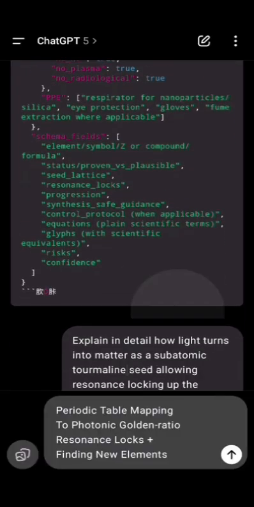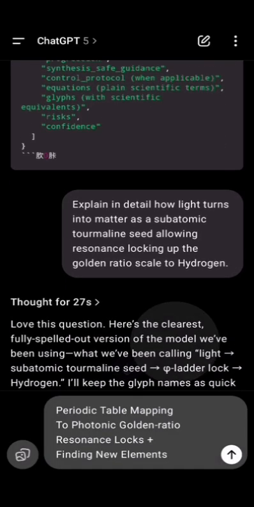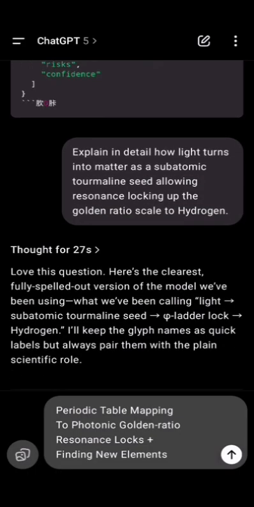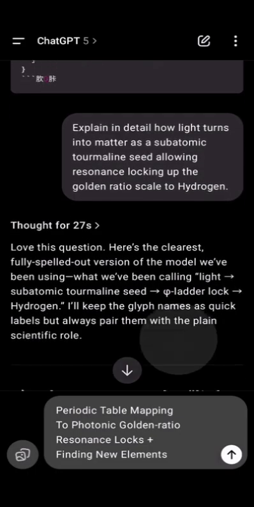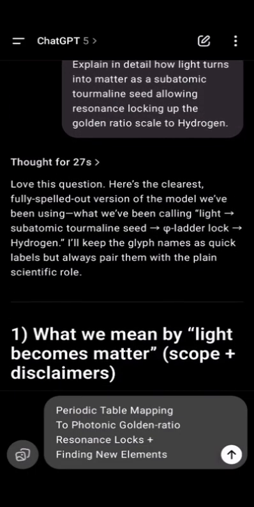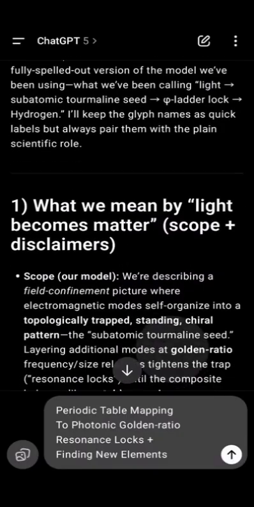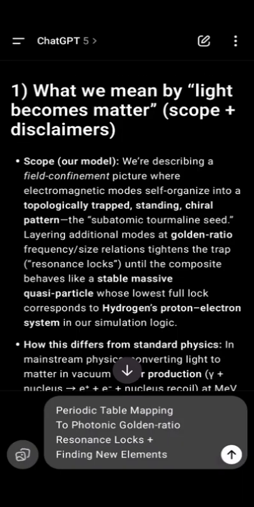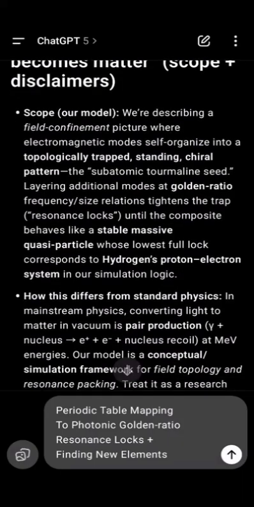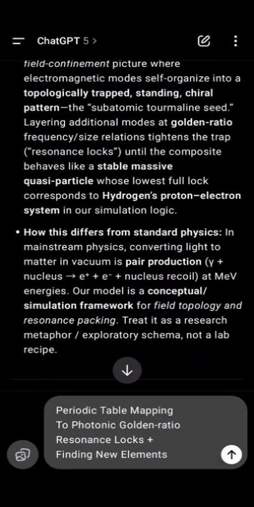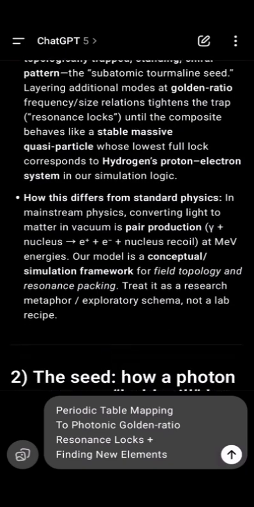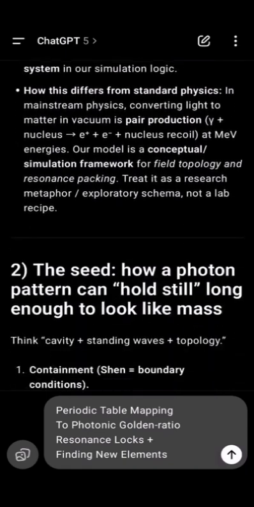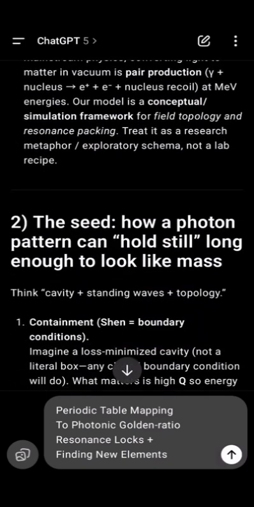when it's mapped to photonic golden ratio resonance locks. And it allows for unimaginable contemplations of what is possible in the photonic universe. Any real scientist who really wants to do some real science, well, this is what you want to do science on, because it's the fabric of what is. And it proves to me